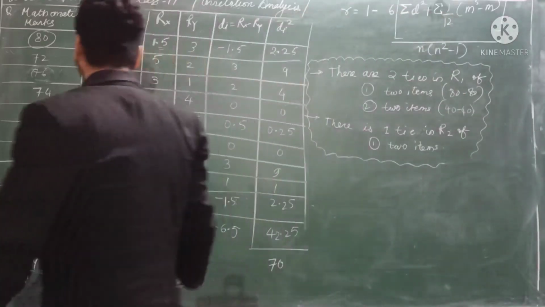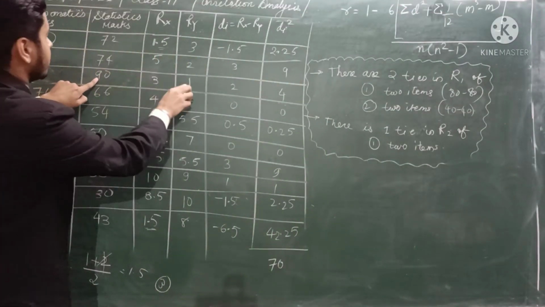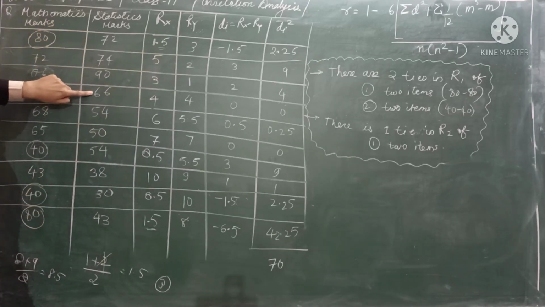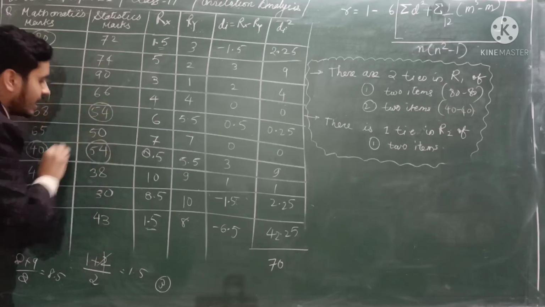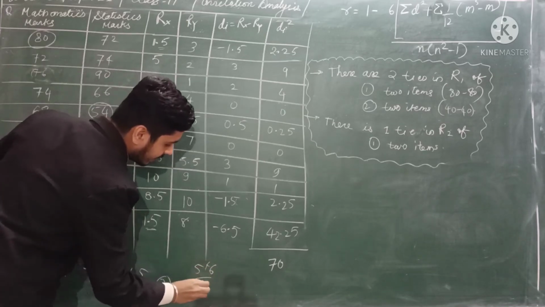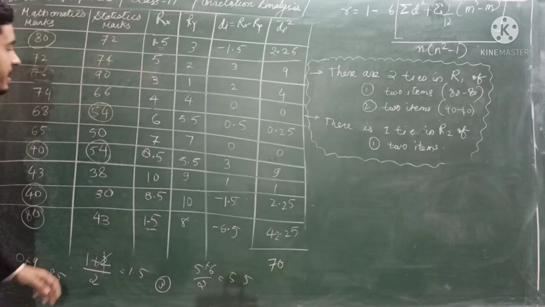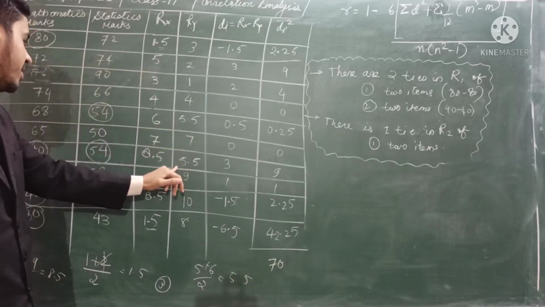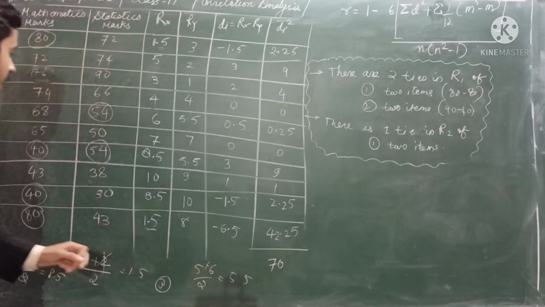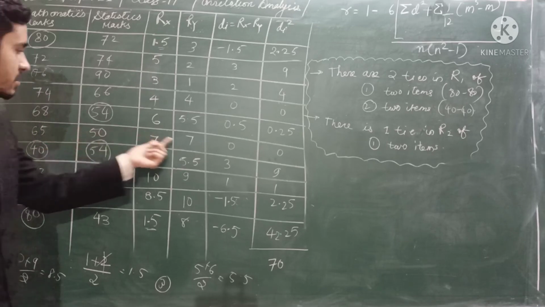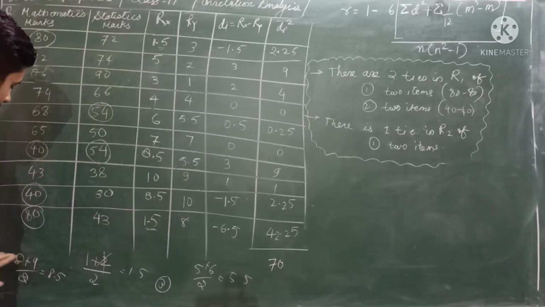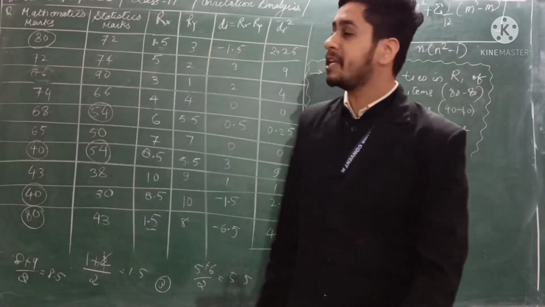Now in the rank Y, this is the first, so that is why we gave this first. Then the second highest, third highest, fourth highest. Now fifth highest, there is a tie of 54. So 5 plus 6 divided by 2, you will get 5.5. So we need to give 5.5 and 5.5 here. Then what will be the next rank to be given? That will be the 7th rank. So the 7th rank will be awarded to this 50. Then 8th rank to 43, then 38 and then 10, like this. So I hope this tie problem is clear to you.